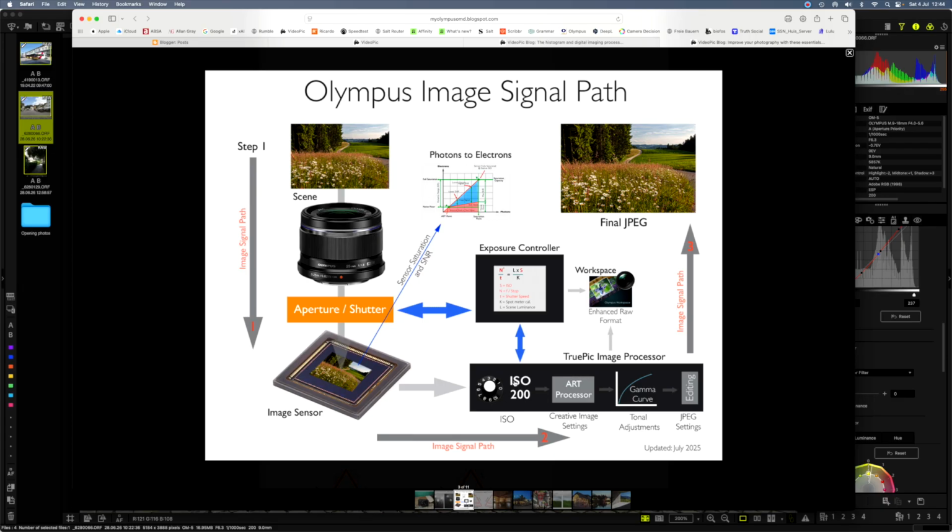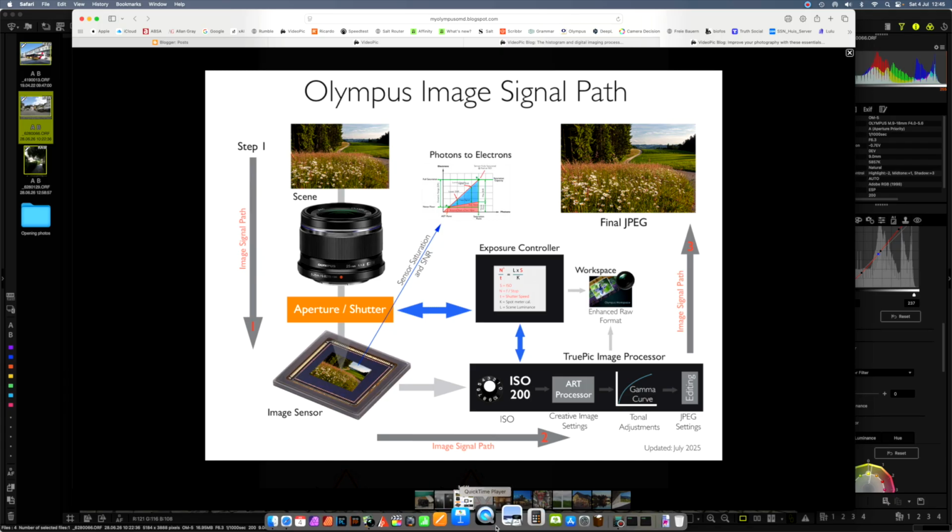We have the exposure, the finalization of the exposure, we have the image creation portion, and we have the gamma curve or tonal adjustments, which is determining the final look of the image. And you will see all three of these in action when we do the color profiles. That's why it's important to always go back to this flow diagram and just make sure that you appreciate the different steps happening in the digital imaging process.